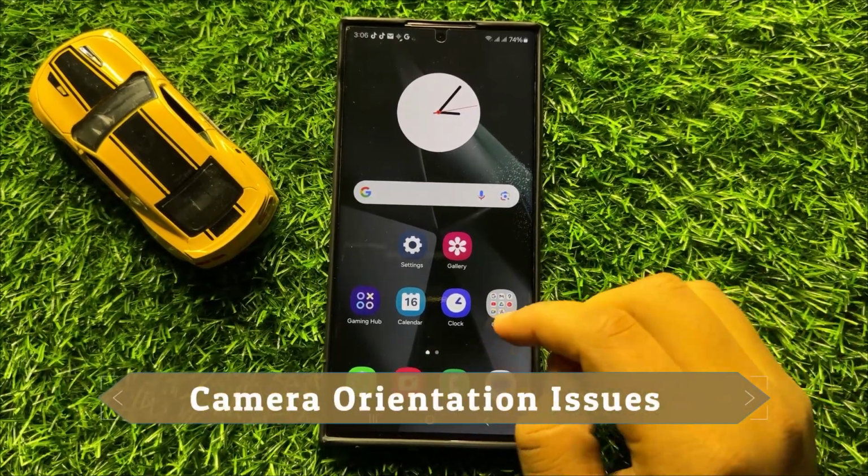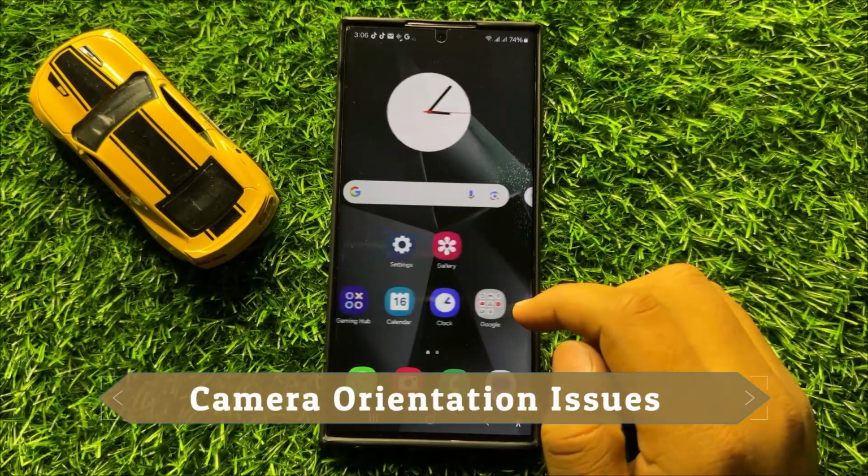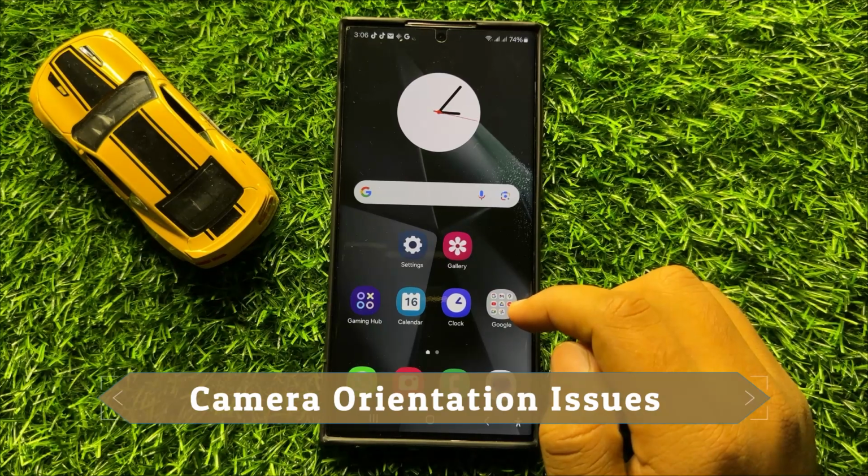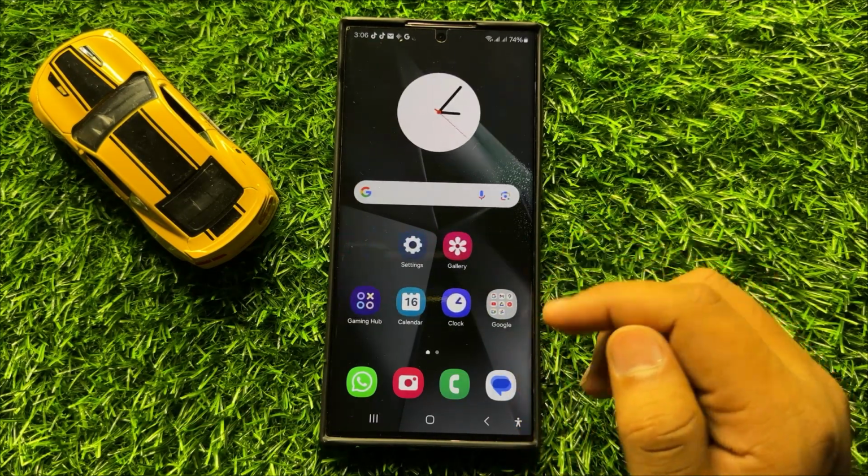Hello everyone, in this video I will show you how to fix the camera orientation issues in Samsung Galaxy S24